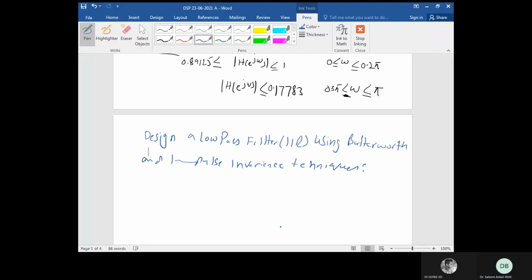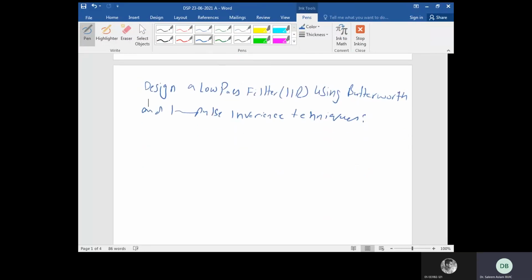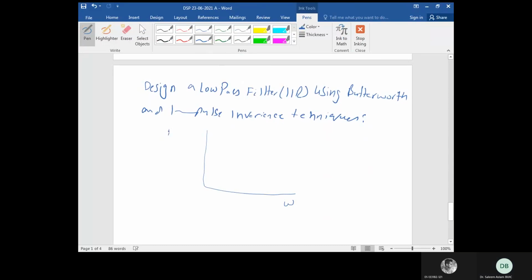Now you need to draw those 4 blocks. So can anybody help me find omega pass, delta 1, delta 2, omega pass and omega stop. But before that, let me draw the Butterworth transfer function representation. If you see the Butterworth algorithm, you don't have pass band ripple, you don't have stop band ripple. So you have the Butterworth algorithm like this, filter like this. This is Butterworth.